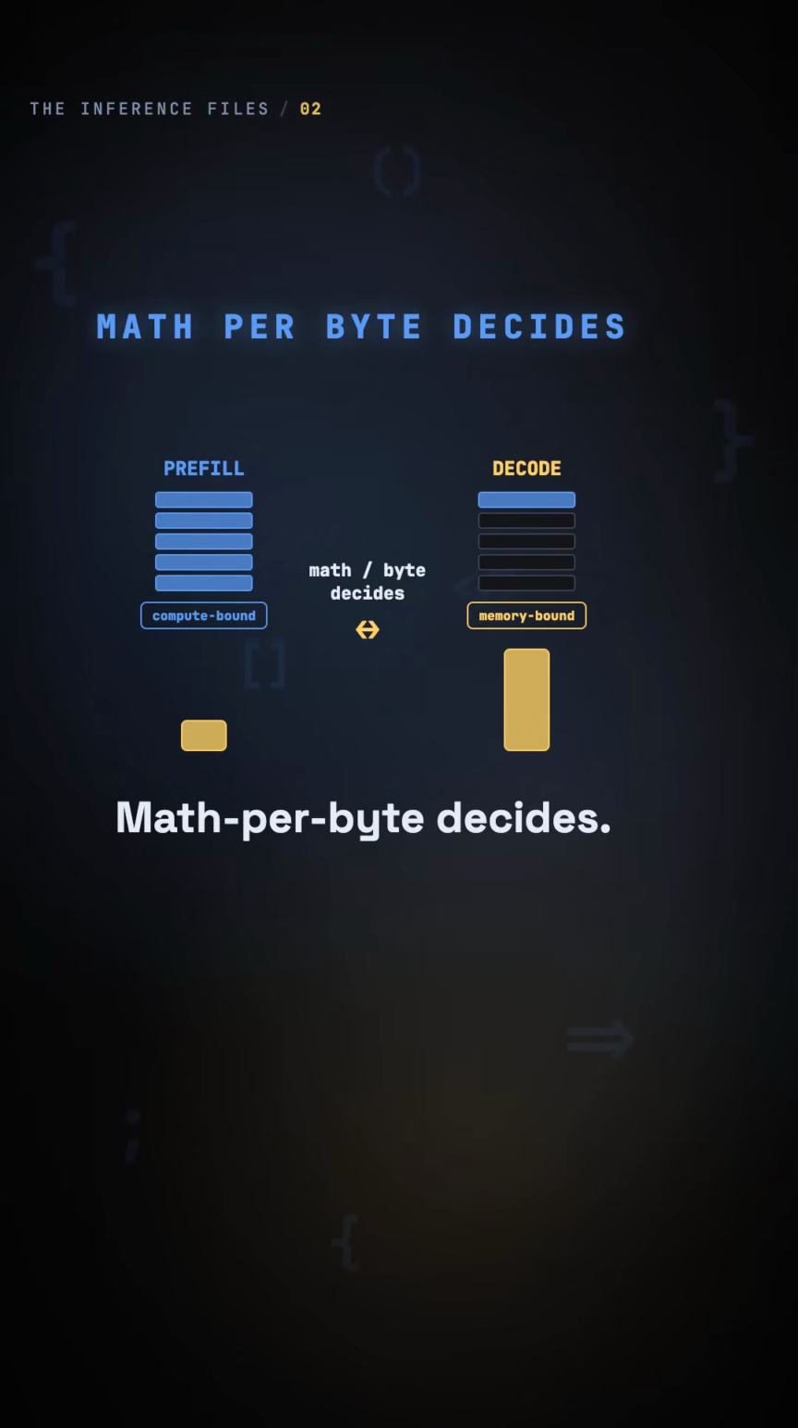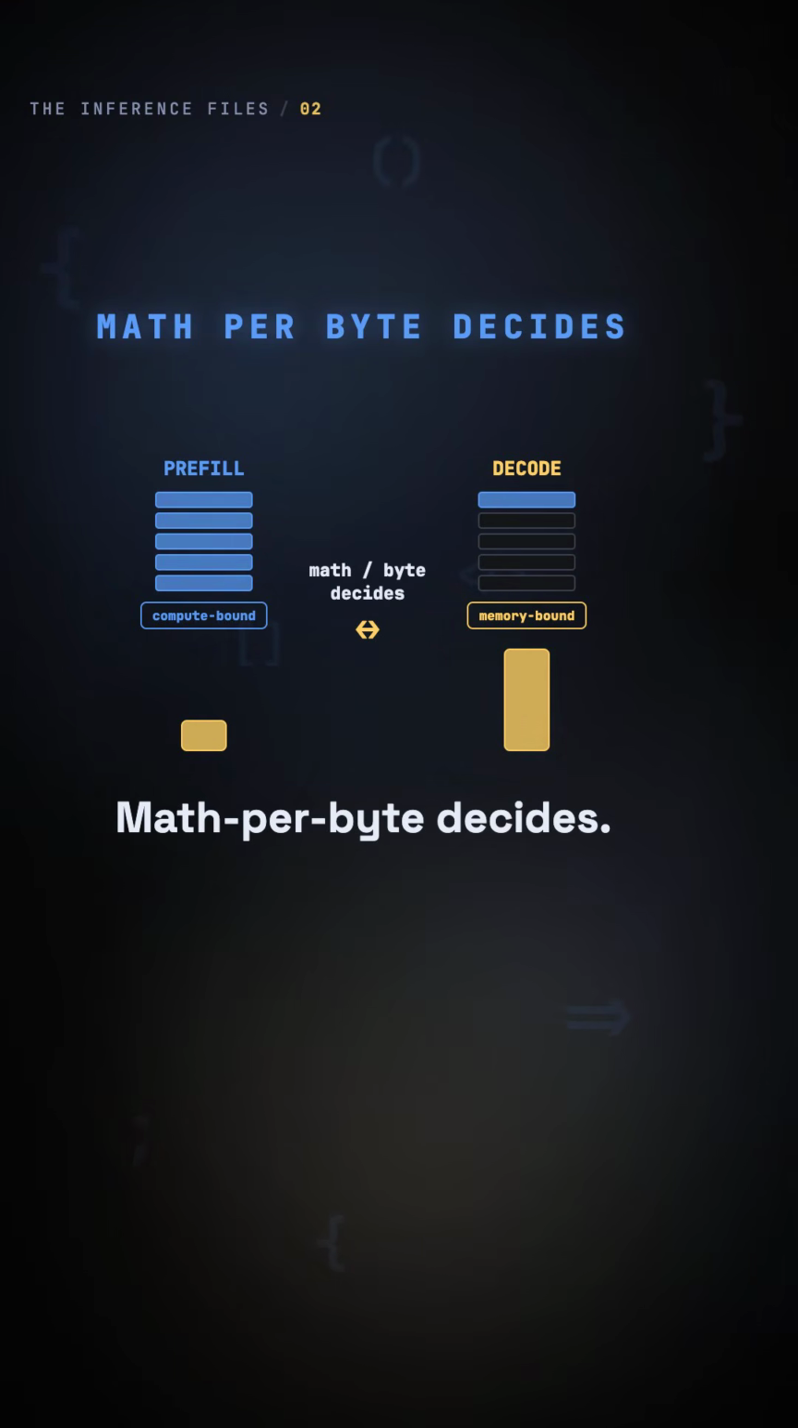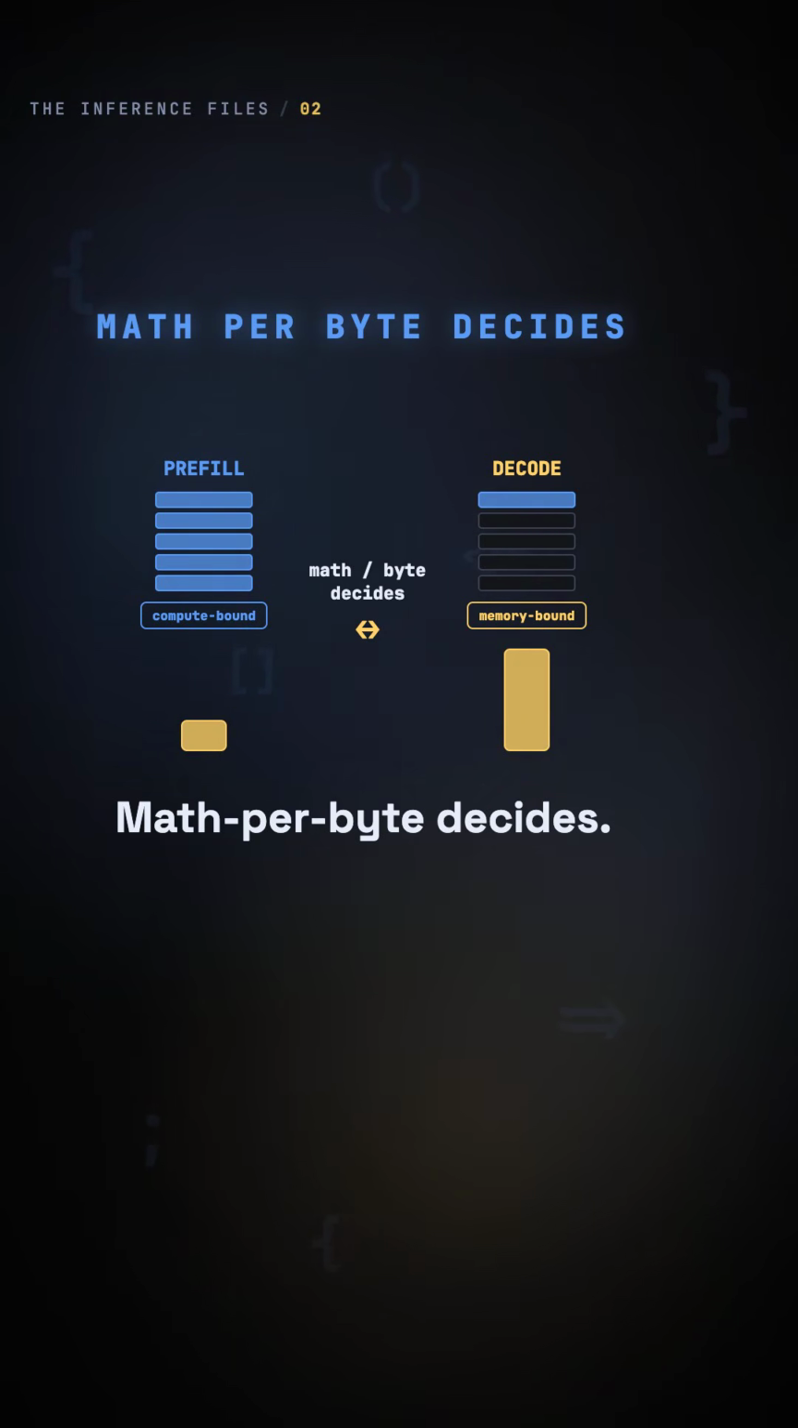So the whole split is one number: how much math you do per byte of weights you read. Prefill packs the prompt together for many multiplies per read, so it's compute-bound and cheap per token. Decode makes one token at a time for one multiply per read, so it's memory-bound and costly per token. Same weights, same chip, just a different